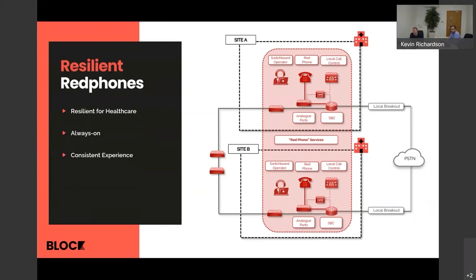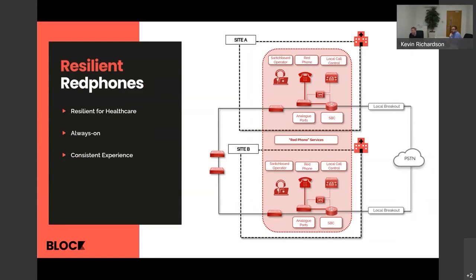In certain circumstances, we're leveraging the investment and architecture that's already in place, so the analog handsets. Most healthcare organisations already have a resilient analog Redphone environment, so there'd be no point in ripping all that out and putting fully resilient IP in. That can happen with new buildings, but we have a solution that can link into and integrate with analog environments.